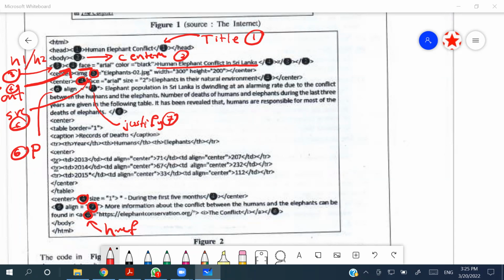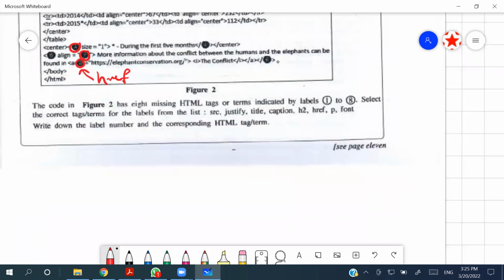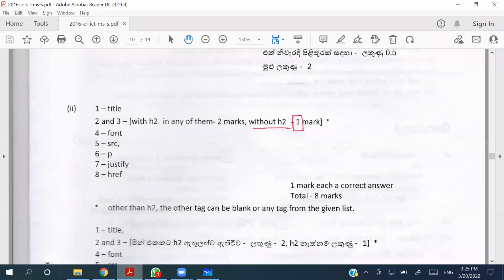Haven't they? Oh. SRC justify title captionation be found. Oh, yes, yes, yes. But